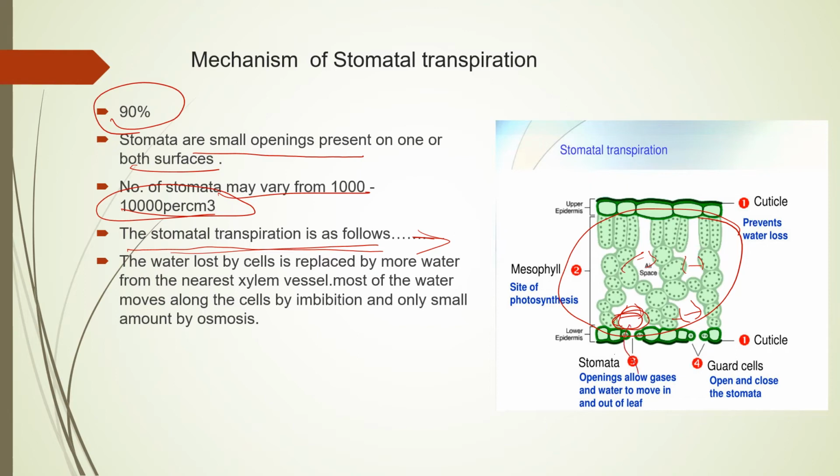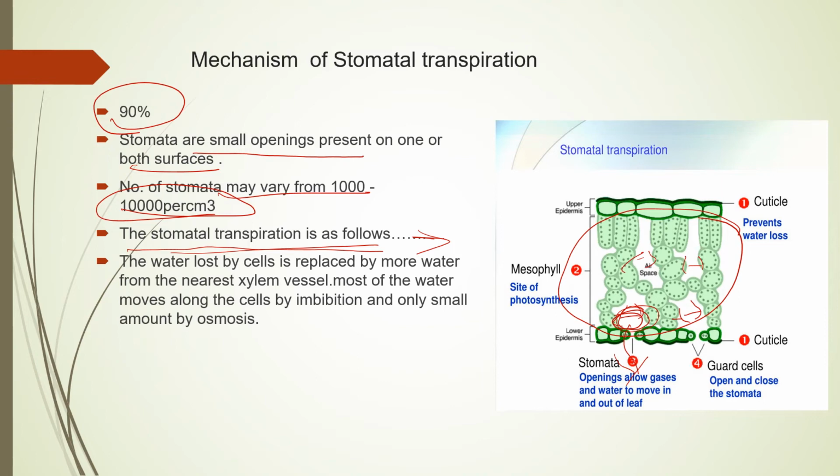As this water vapor is accumulating in the intercellular spaces and in the substomatal space, there are various connecting intercellular spaces where the diffusion is happening, and by the process of diffusion the water vapor escapes from the stomata. Now the molecules of water move from a region of higher concentration to a region of lower concentration. So inside the mesophyll cells in the substomatal space, the higher concentration of water helps them to diffuse to the atmosphere where there is a low